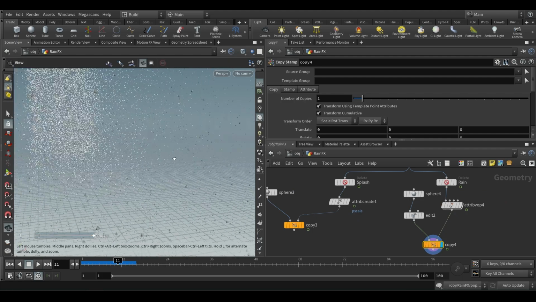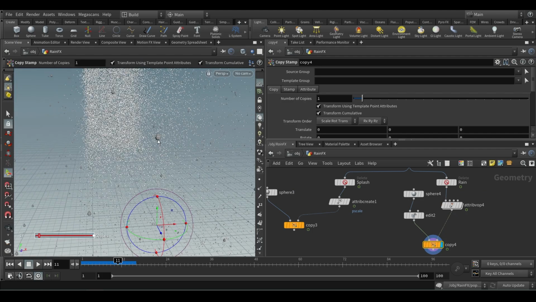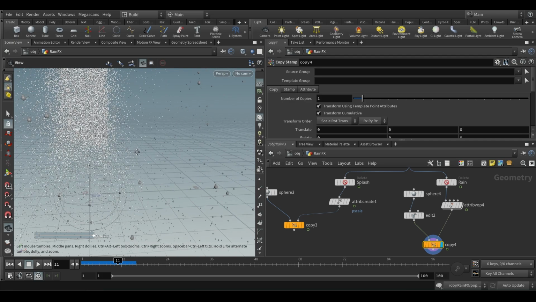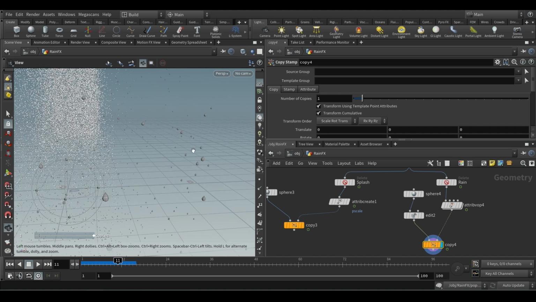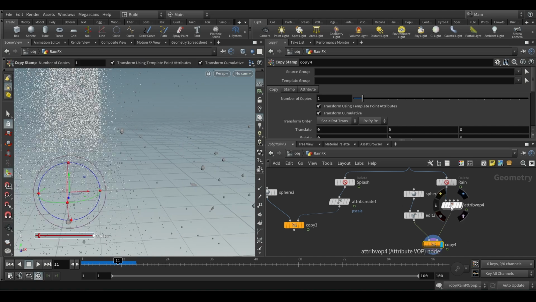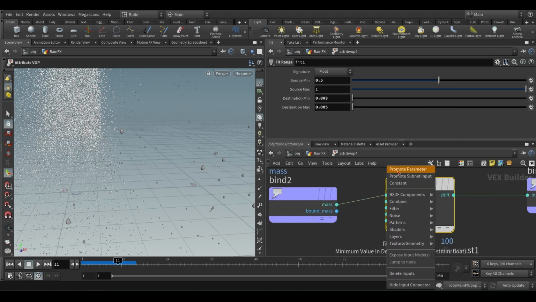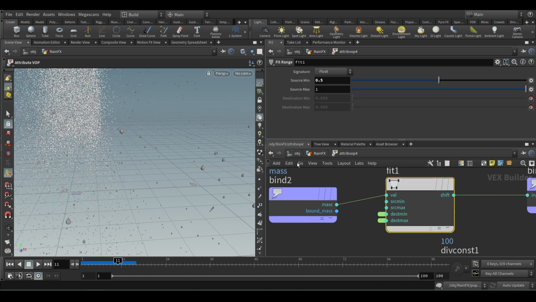yeah, you see the magic. You see everything has a different shape, and based on the mass, you can see some are very small, some are big, okay. Now of course to get further control, what we can do is middle mouse click and promote parameter, so that you don't have to go inside and outside.